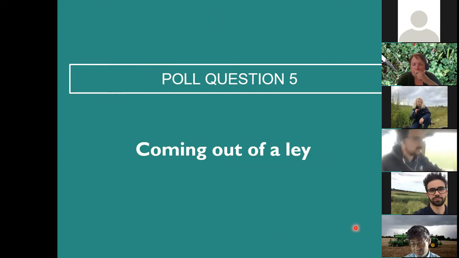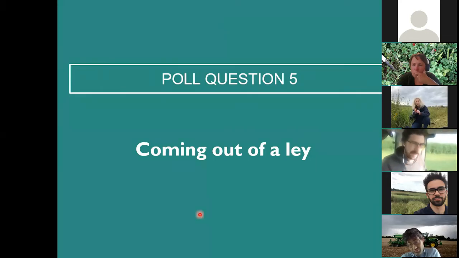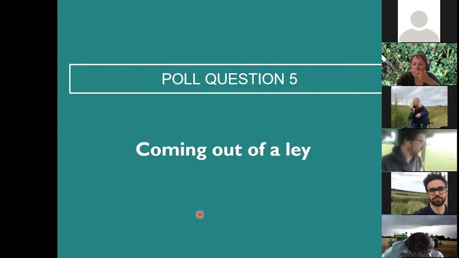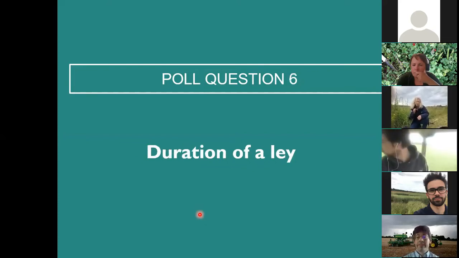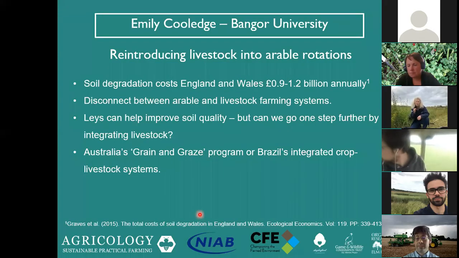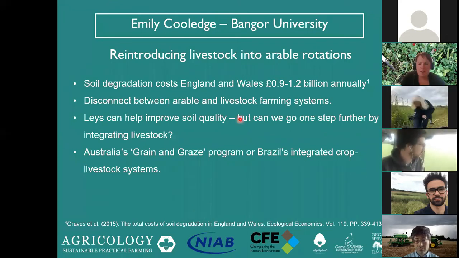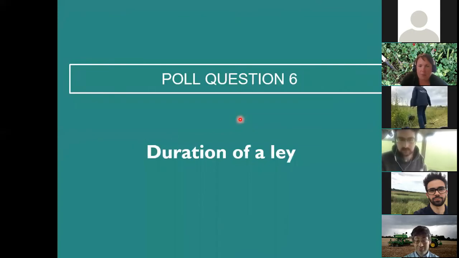So one of the things that we're quite interested to find out is, can we get anywhere near that 3rd year with a complex herbal lay as Jonathan was getting with his simple grass clover lay? That's one of the questions that we hope will be answered by this project. But I suspect that there will be, again, a big increase within the herbal lay from the 2nd to the 3rd year. But as I say, we're nowhere near that data yet. We're only partway through. Fantastic, thanks Lydia. I'm conscious of time, so we will move on now.